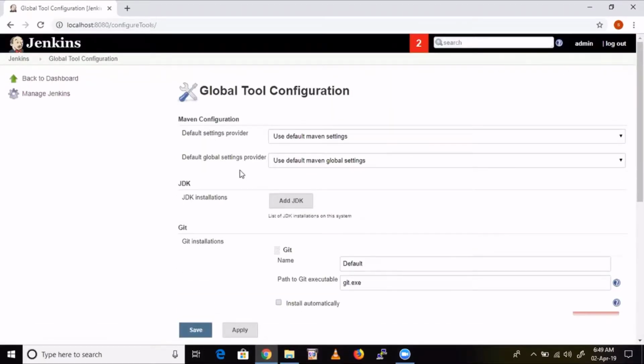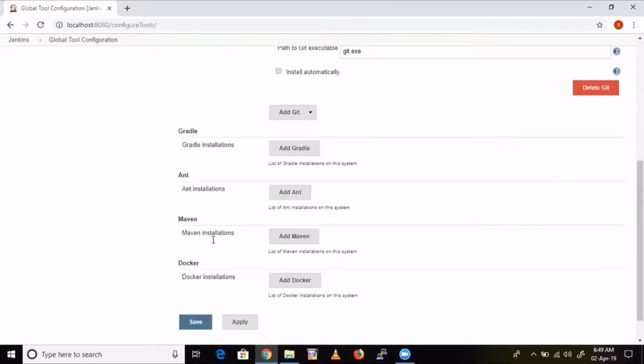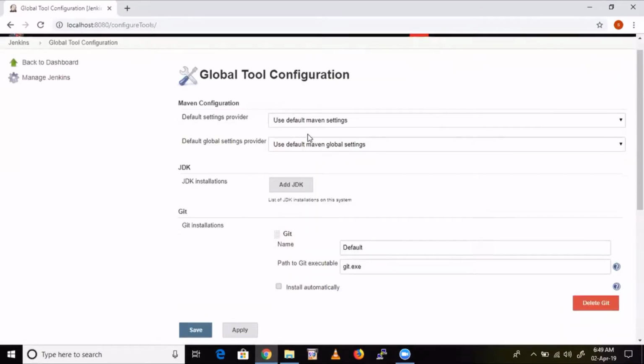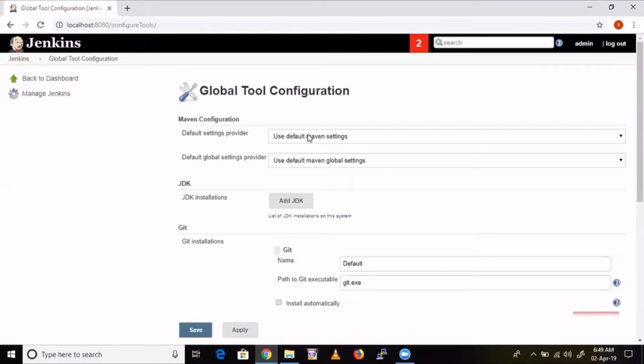Now you can see Maven, JDK, Git, and Gradle; so many things are here. This is the place where we give the location where JDK, Git and the rest are installed. For example, Java is already installed on your base machine, right? So here we need to give the location of that installed path, so that whenever Jenkins needs Java, it will use it from that location, from your local machine, instead of downloading from the internet.